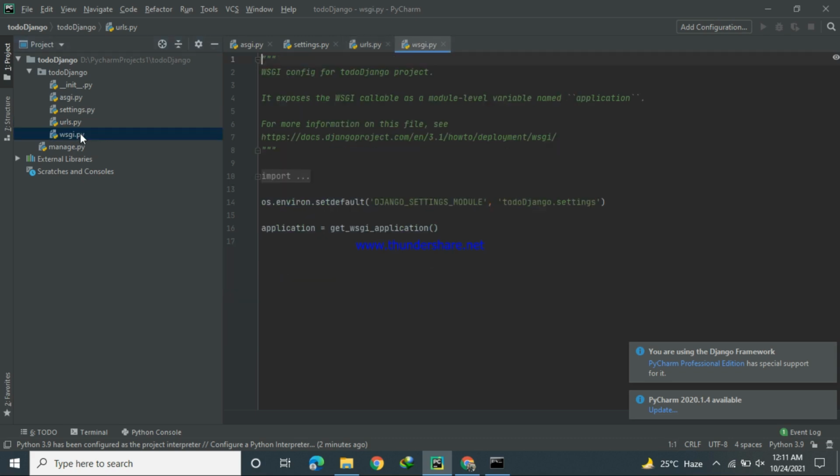Here wsgi is the app configuration file. We will get the names and the web application registration, Todo Django.settings. For example, our project is based on some specific conditions. Those specific conditions are placed in the settings.py file, and we mention here Todo Django.settings. So okay, now I will create an app here